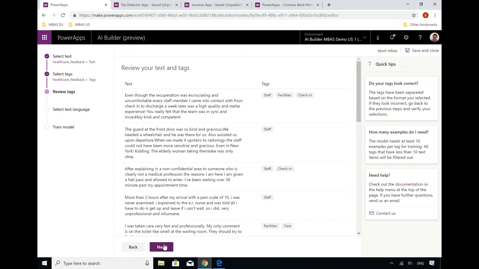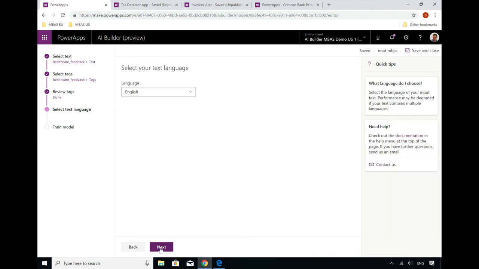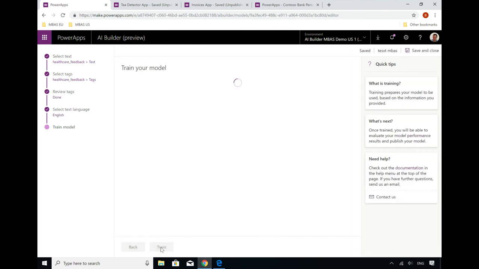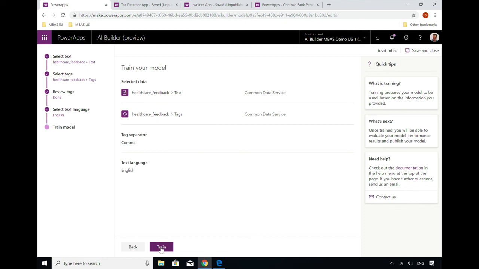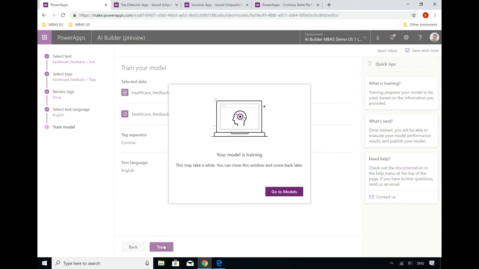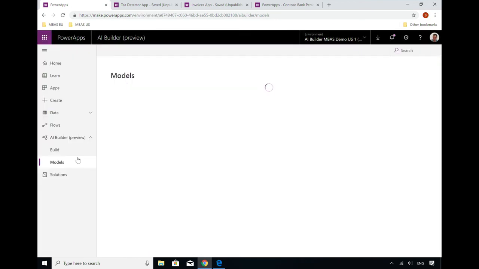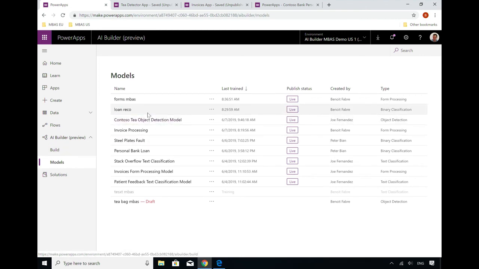So you're bringing both your comments and the labels you want to use. And that's the only thing we do. We're going to build a model for you with this. You can build different models for different languages. And here, when we train, we're going to craft a model unique for you to do that classification. I'm not going to wait for it to finish because it takes a couple of minutes, but I can take